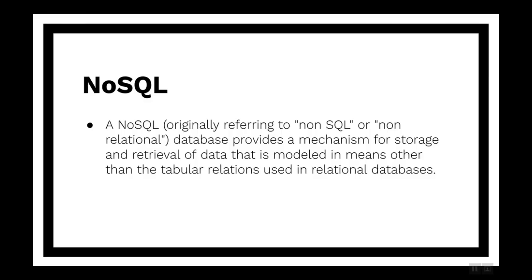The third one is wide column stores. Wide column stores are NoSQL databases which store data in tables with rows and columns similar to relational database systems, but the names and formats of these columns can vary from row to row across